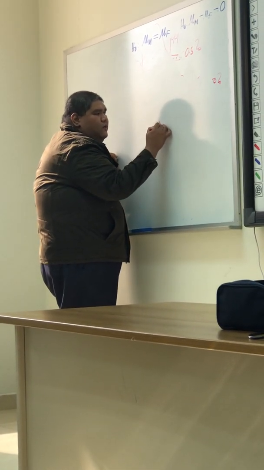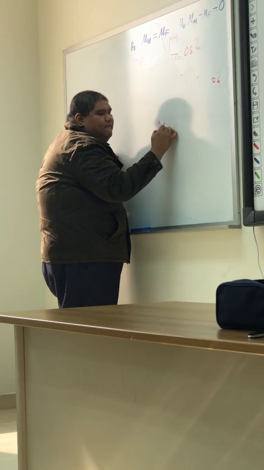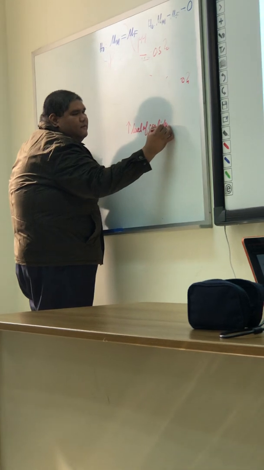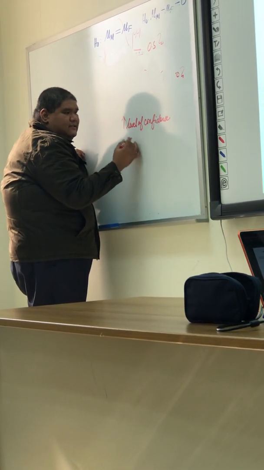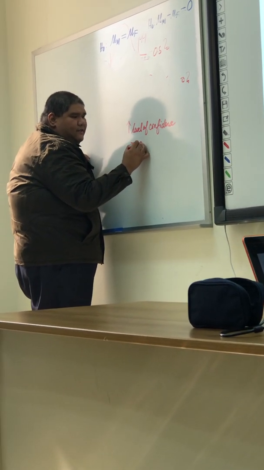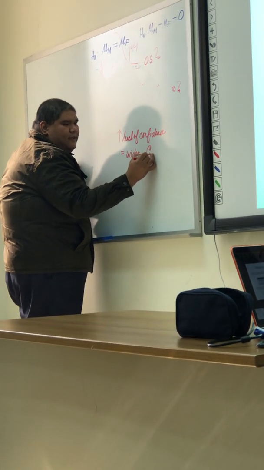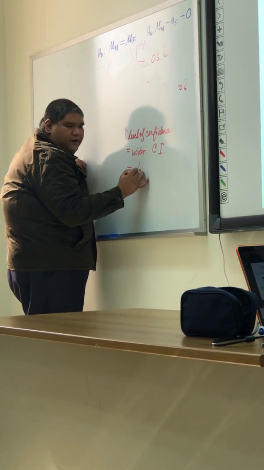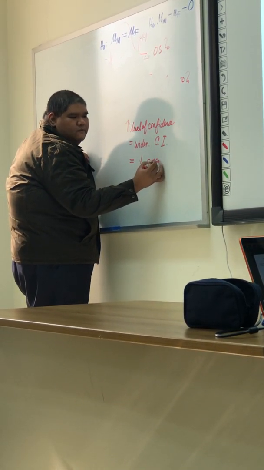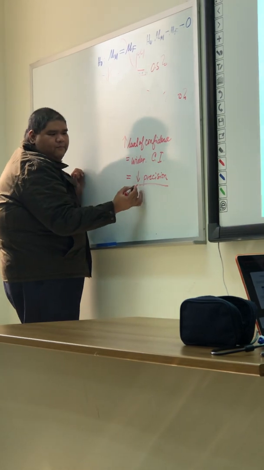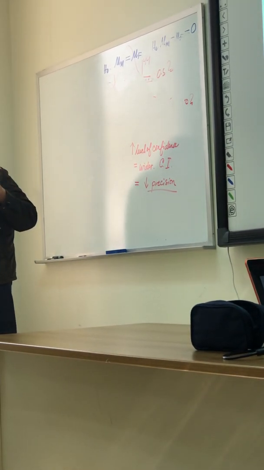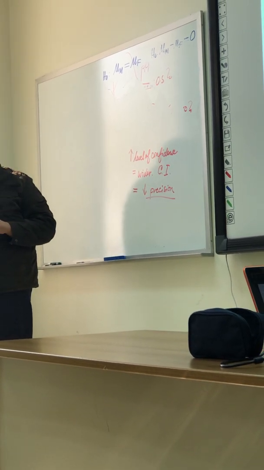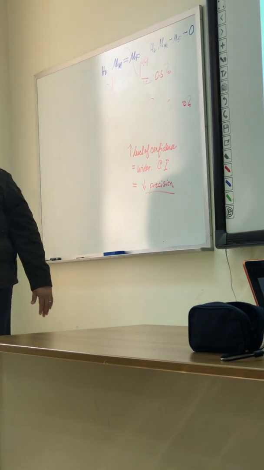As the level of confidence increases, this leads to a wider confidence interval, which leads to a lower precision. The precision decreases because the level of confidence increases. In other words,